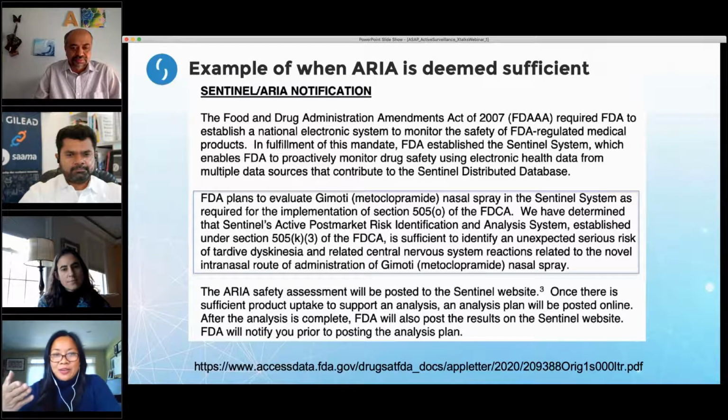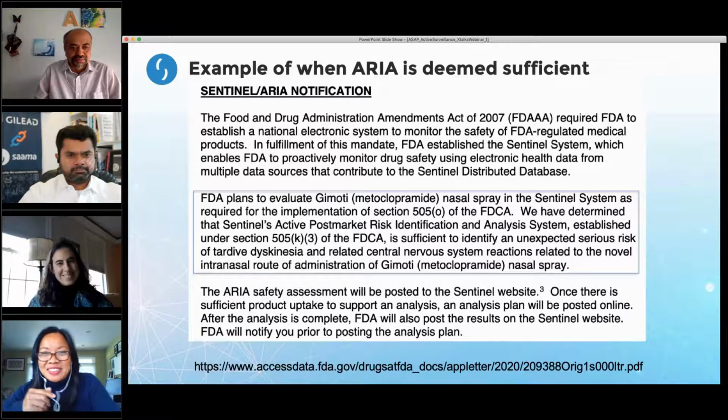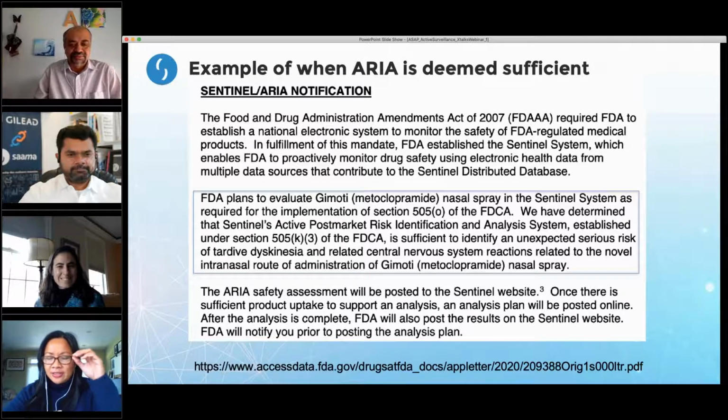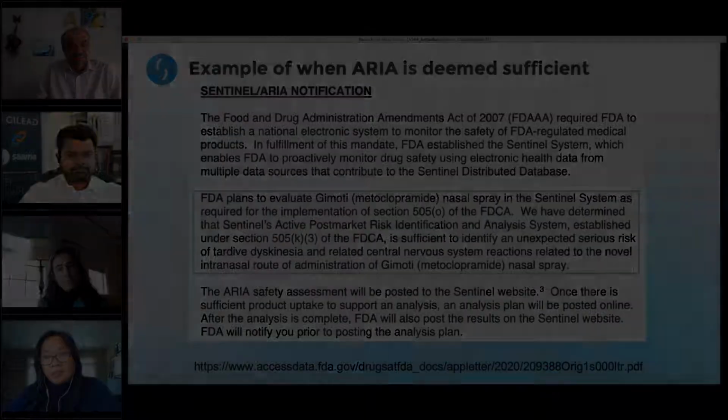Thanks for that. And that's how I know that they come to IVED sometimes, because they are ARIA sufficient. But it's interesting to know, and I learned something new today: is it the spontaneous reports that trigger an assessment as to whether ARIA can be used to follow up a potential safety signal? Is that